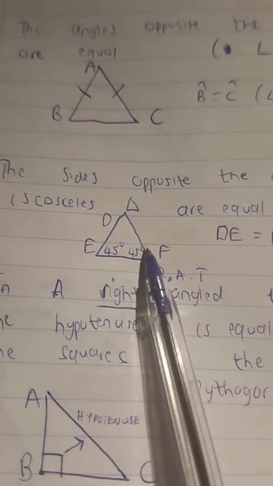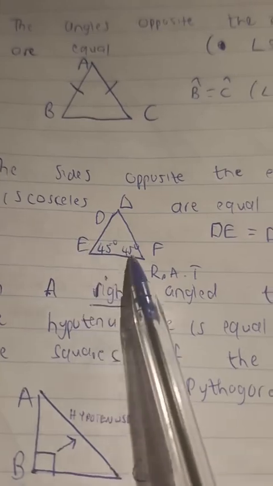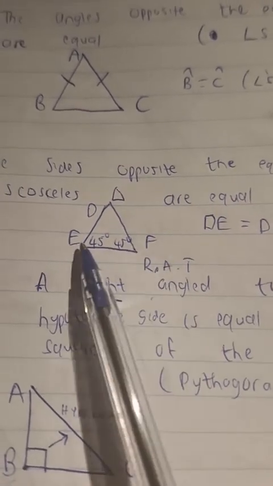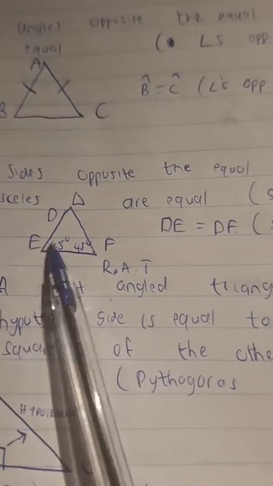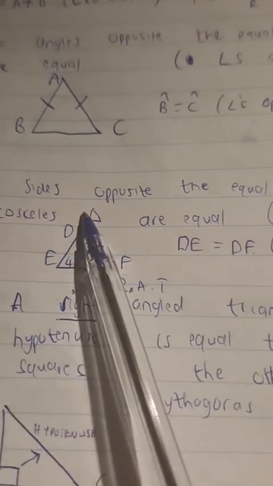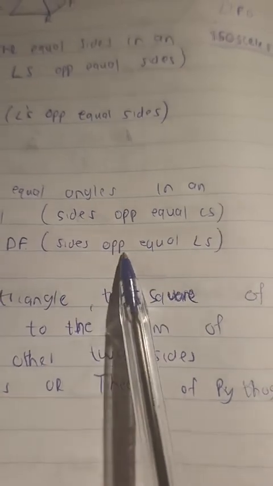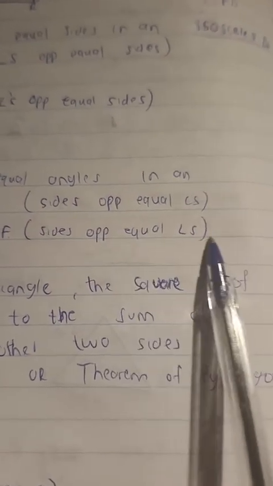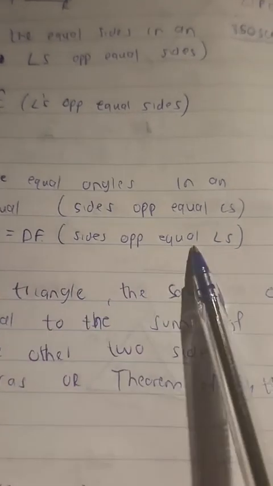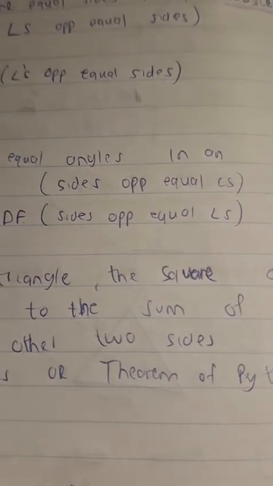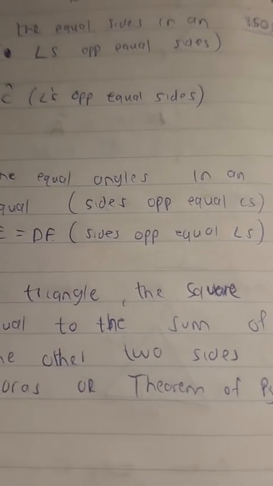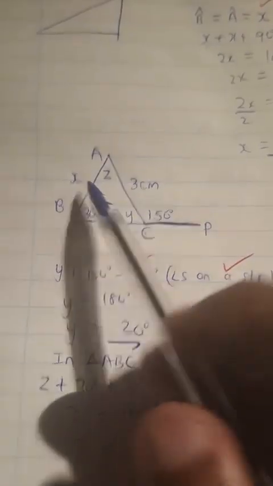So whenever we have two angles that are equal, we can conclude that the sides opposite these equal angles are equal. So we can say DE is equal to DF because why? Sides opposite equal angles. Please guys, this is a reason that you need to know. Sides opposite equal angles. So we can then say here